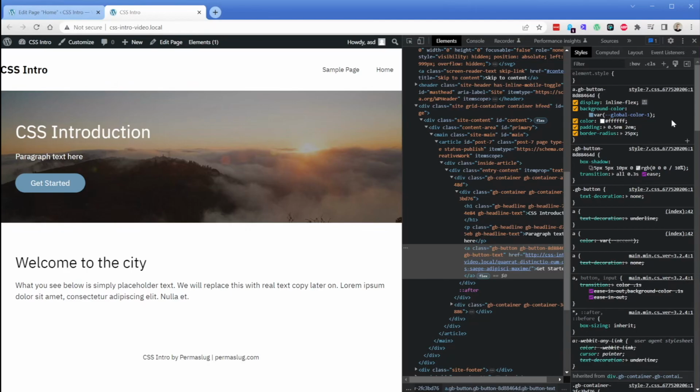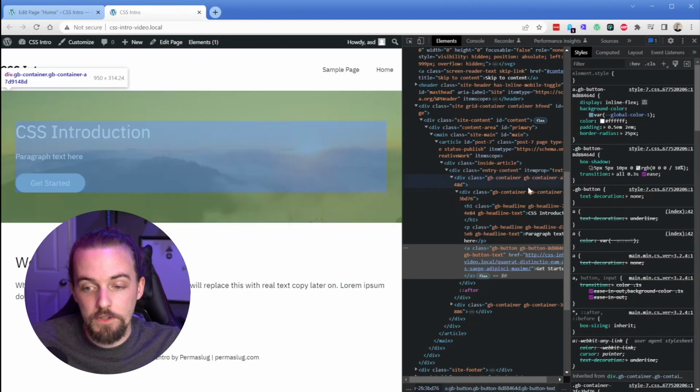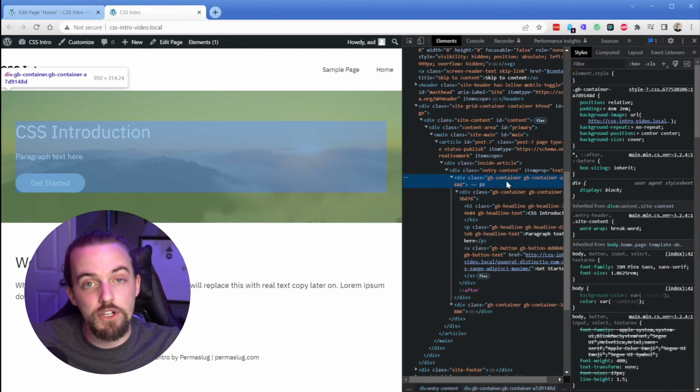And in my case, I use GenerateBlocks. So those controls in the back end of GenerateBlocks relate exactly to what you're seeing here. And this CSS is being written for you just like your page builder by clicking those page builder buttons in the back end. So the Chrome inspect tool is extremely powerful for a number of reasons because you can see the CSS that's written for you as you're making changes, but also you can look at other parts of your site to try to understand and troubleshoot and figure out why something is working in the way that it is,